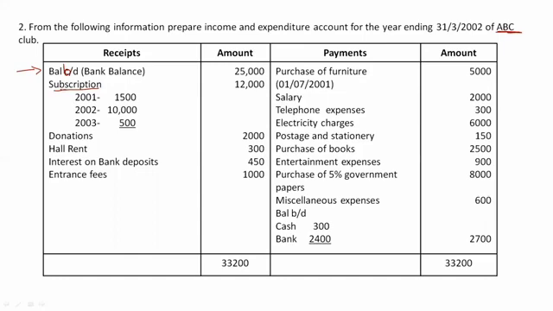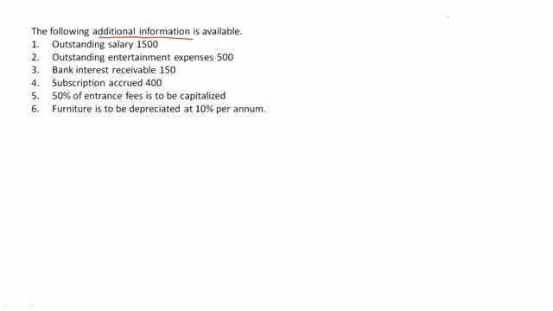Now the information relating to three different years is given. So we know that in points to remember, we discussed a point that only current year transactions need to be taken. We are preparing income and expenditure account for which period? It's for 31st March 2002. And one more thing is very important. It's always better to write down which is our current year, which is our previous year, and what will be our next year. If you are clear with the dates, then it's very easy for you to solve the problem. So let me write the dates here.